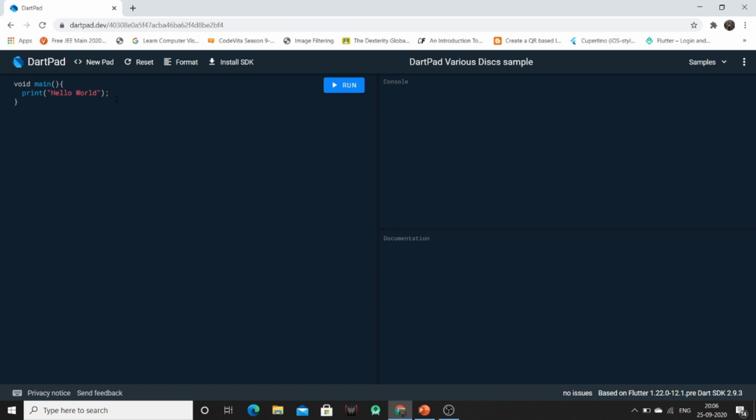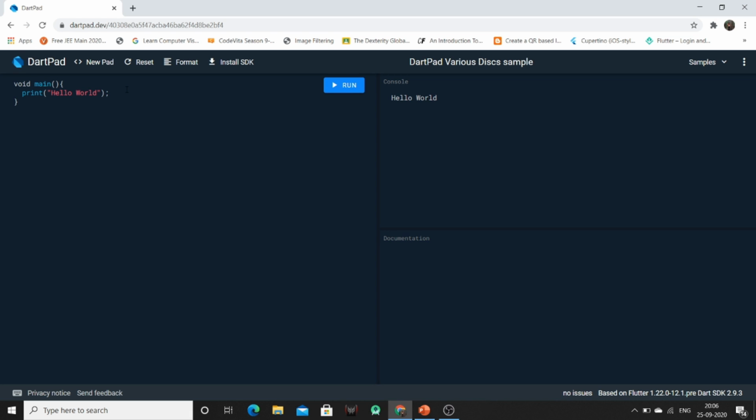After completing your program, you can run it by clicking on this run button, and the output will be shown in this console part.